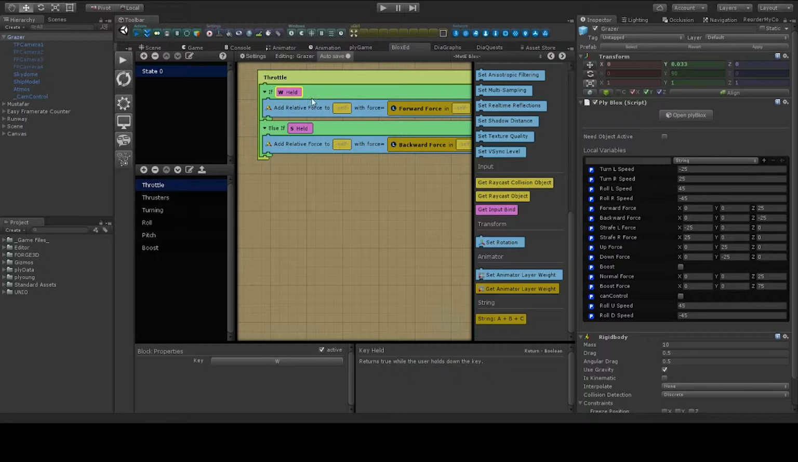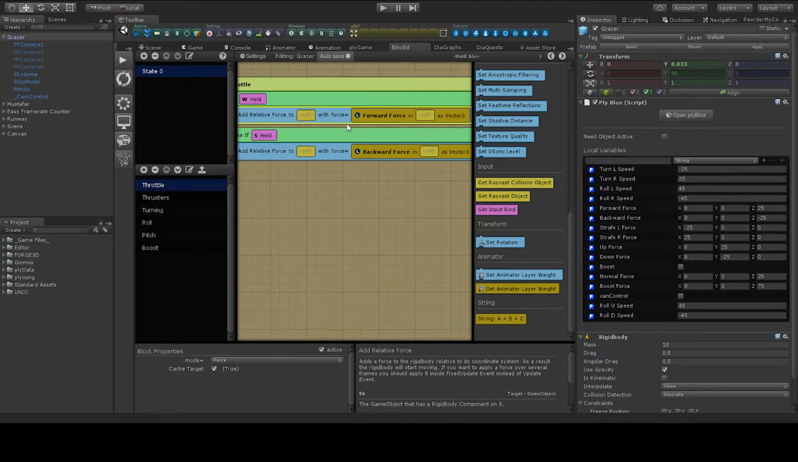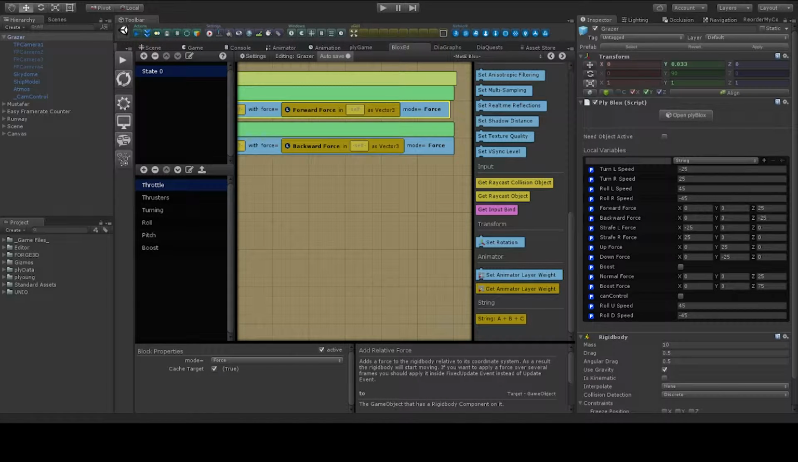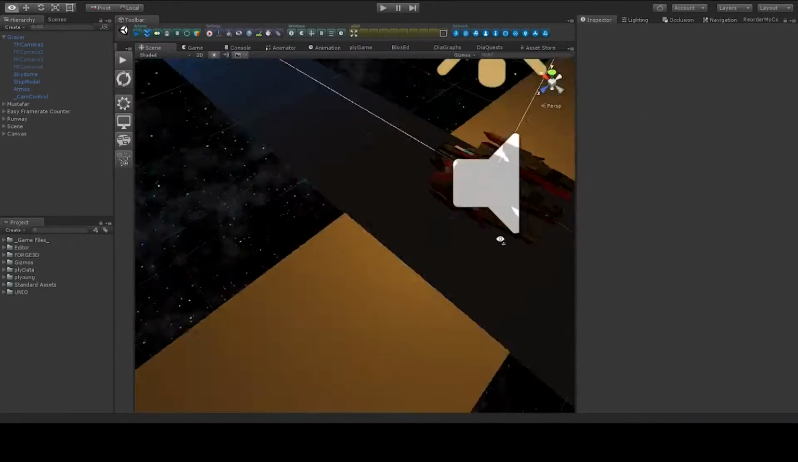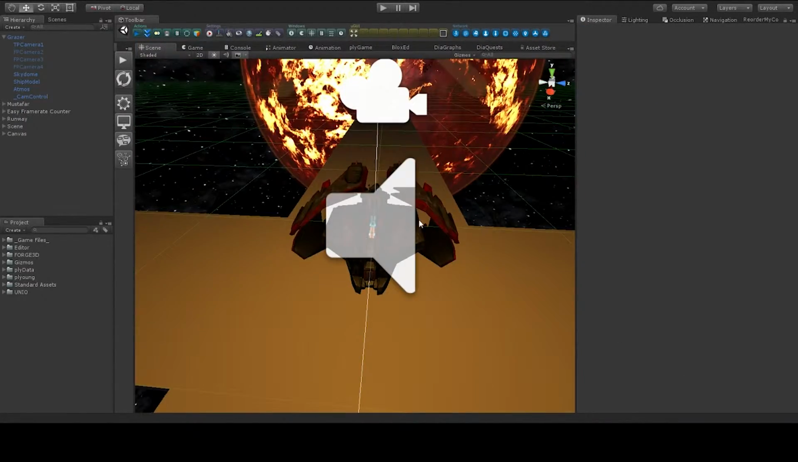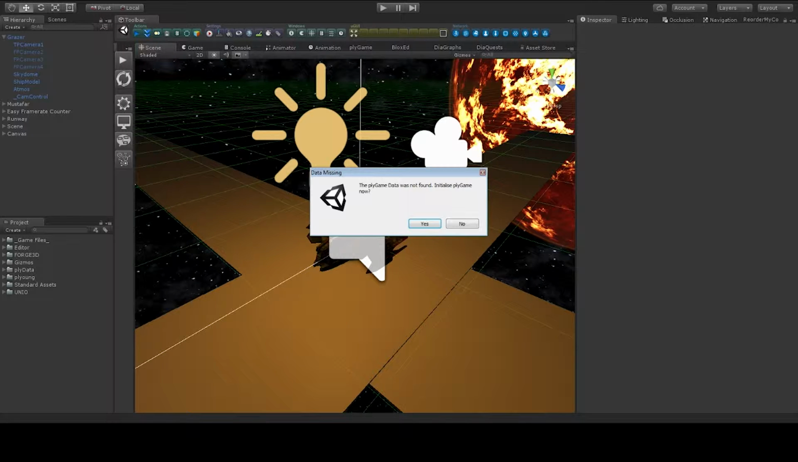So for this, if we hold W, we're pretty much just going to add force to our ship here, which is this object right here. We're going to add force to the ship itself, and then,